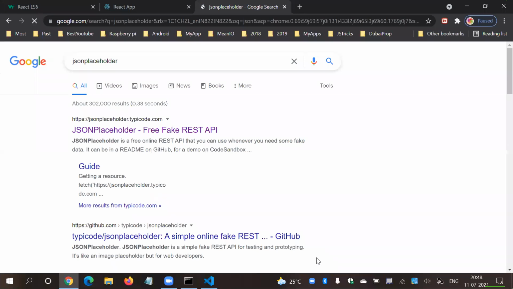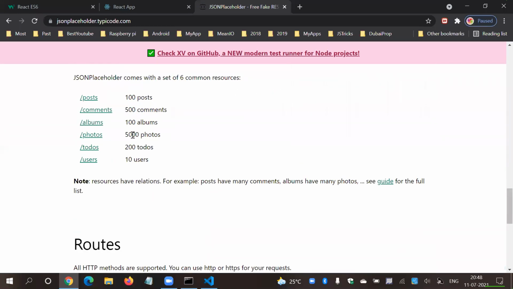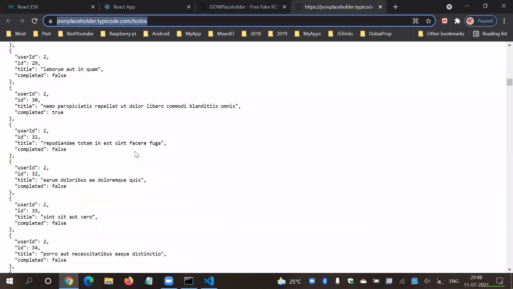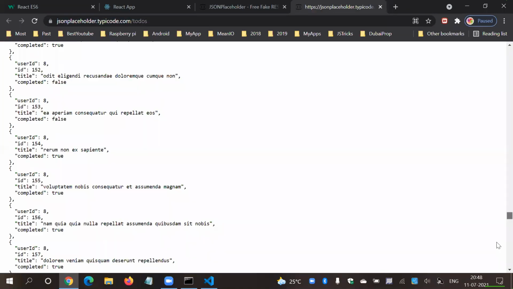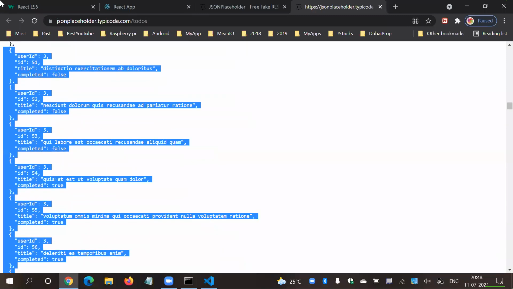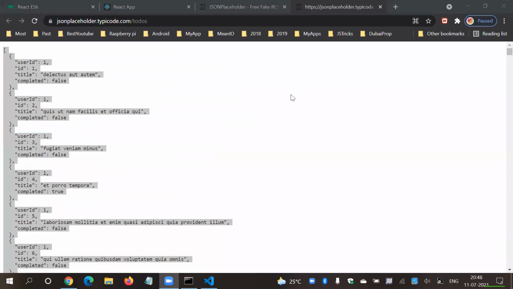So go to the JSON placeholder, pick any fake JSON API, user title, and completed title. Okay, perfect. So we have a list of to-dos, and yes, I want this much stuff. This is really awesome. So let me copy everything from here. Actually, I don't want this many records, but it's fine to have.